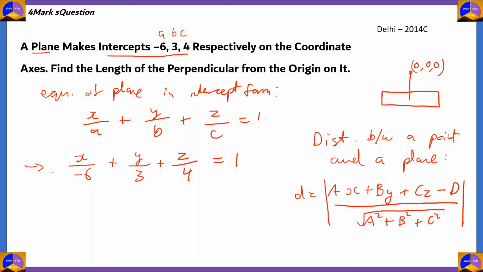So here capital A is equal to -1/6. B is equal to 1/3. Capital C is equal to 1/4. And capital D is equal to 1. Let's plug in the values, right? Here we go. Distance d is equal to